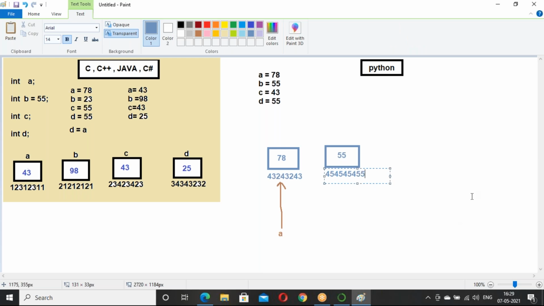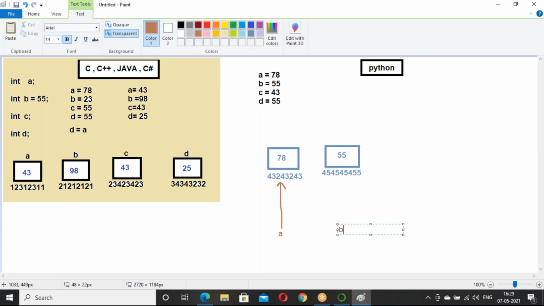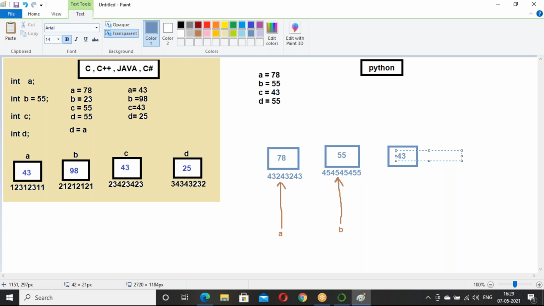So B is the variable, B is the reference variable which is referencing this object. Please observe carefully. Next, C is 43. Is the object 43 already available in memory? No, the object 43 is not already available in memory. So it creates a new object 43. It occupies the necessary